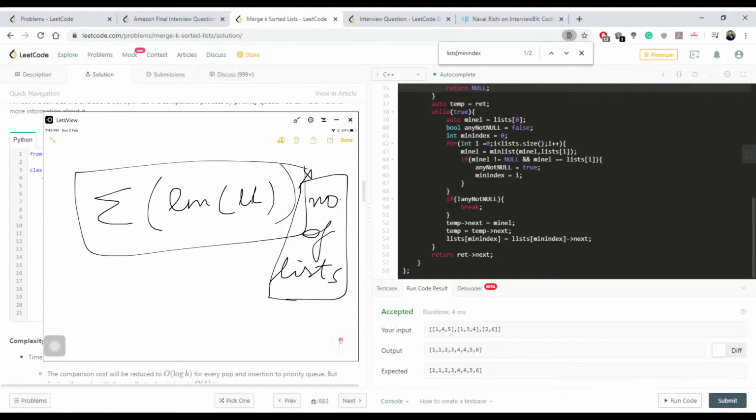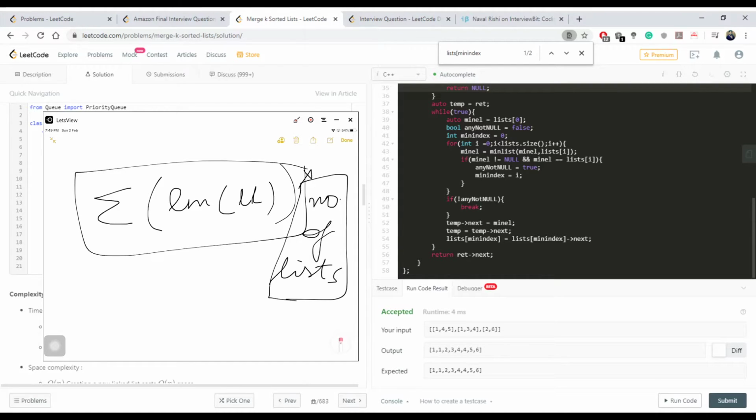While the queue is not empty, node is queue dot get, point dot next is new node, point equal to point dot next, node equal to node dot next. And if node is not null, queue dot put